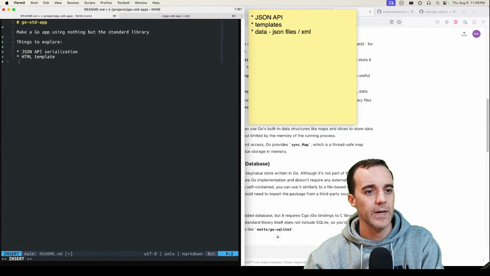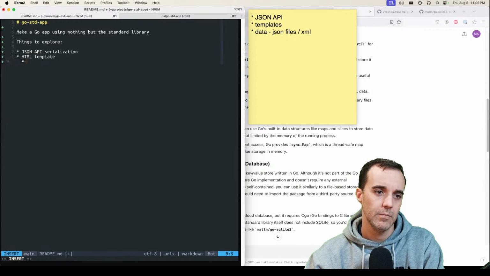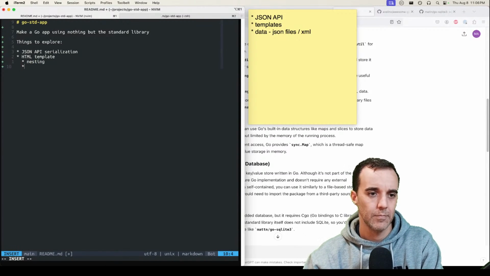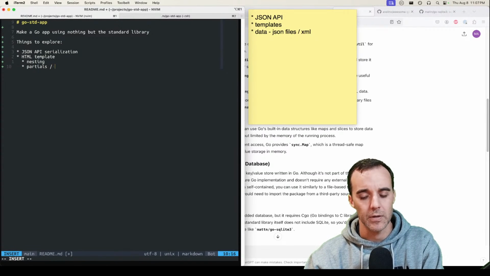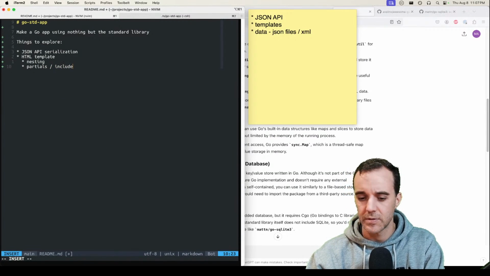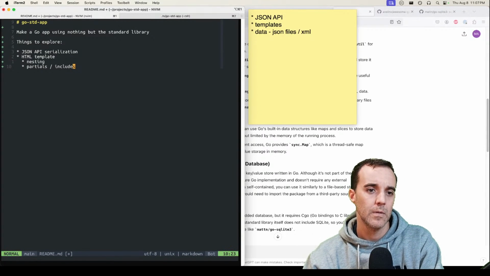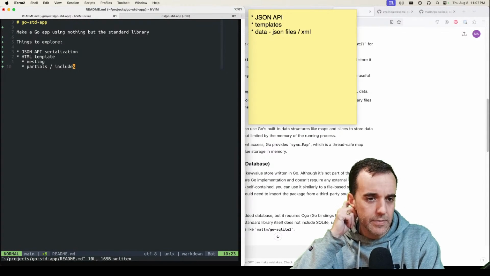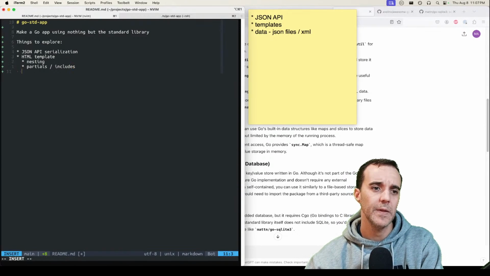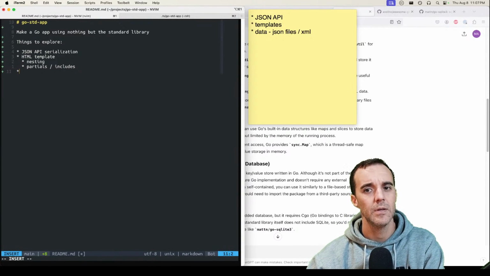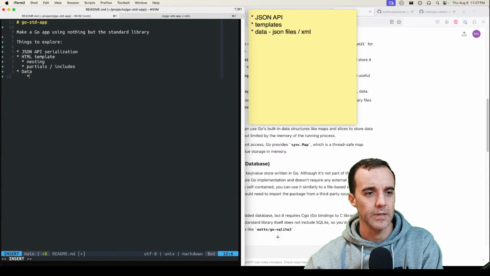And then within that, like nesting, partials, or you might consider that includes, stuff like that. All right. And then the data answer seems to be